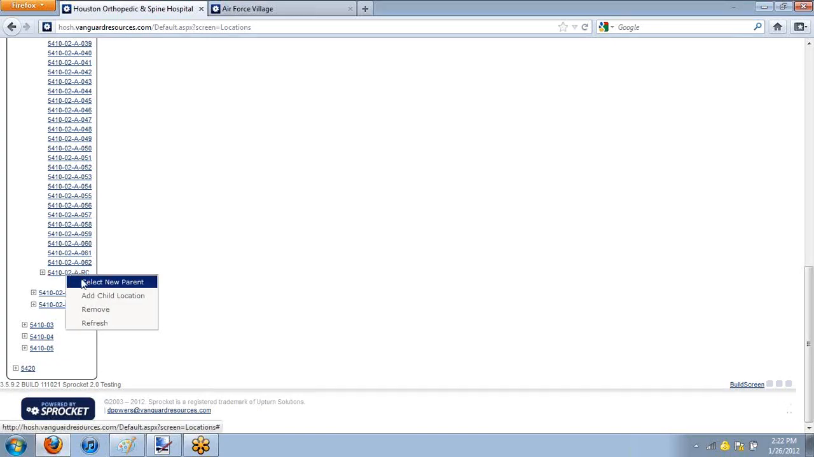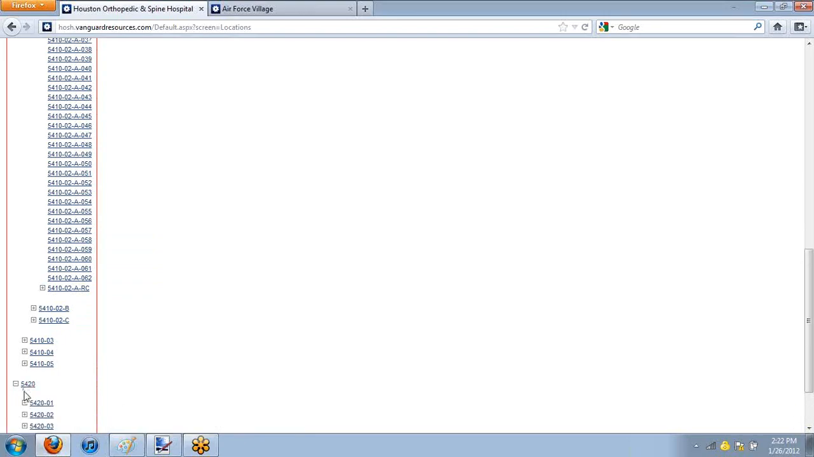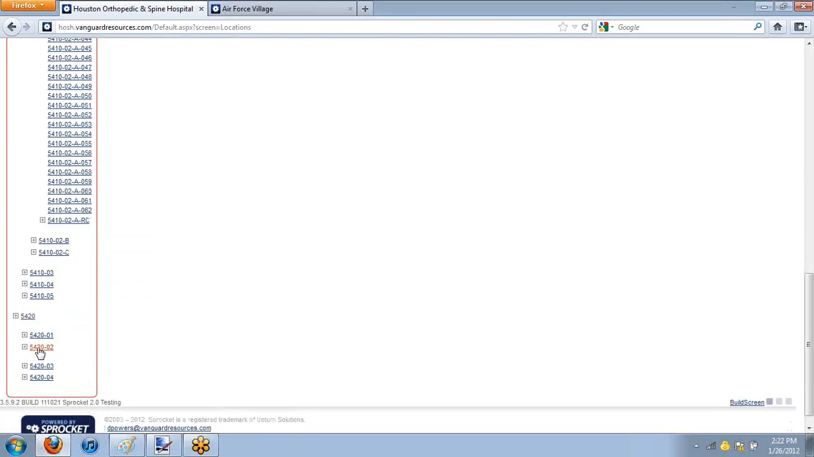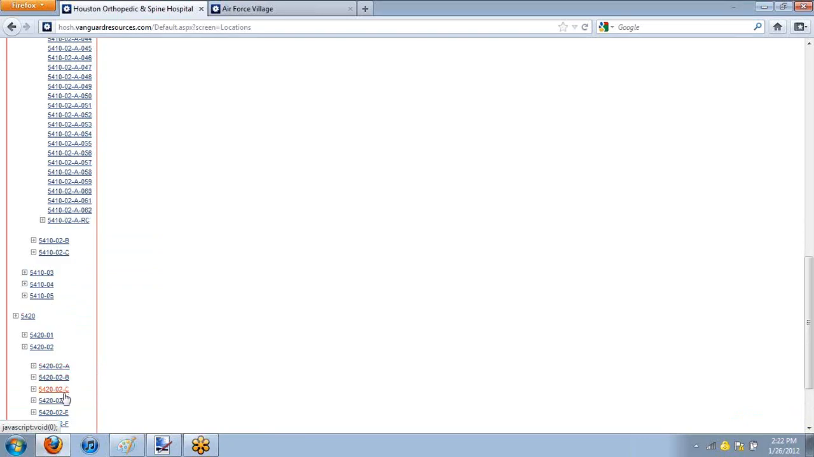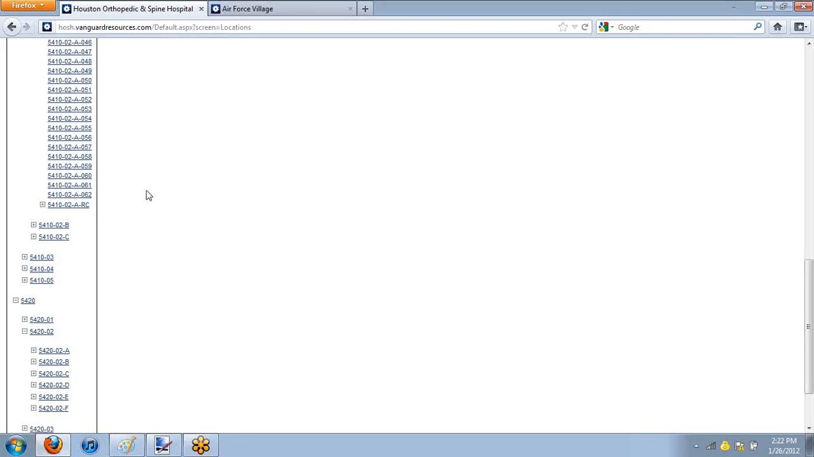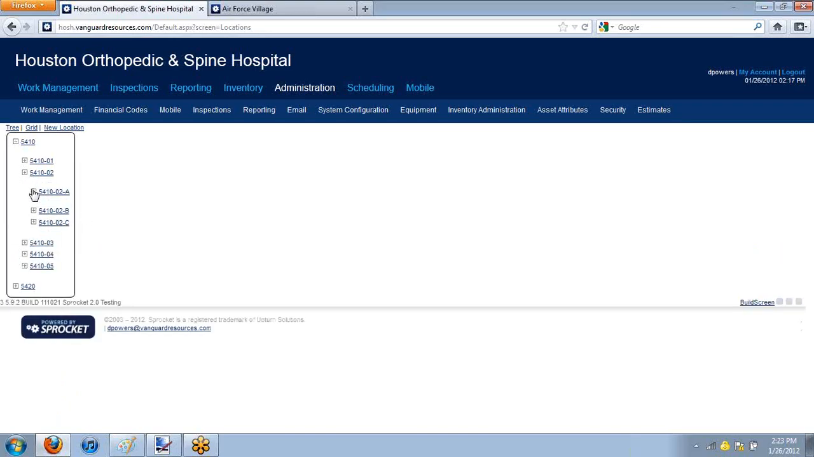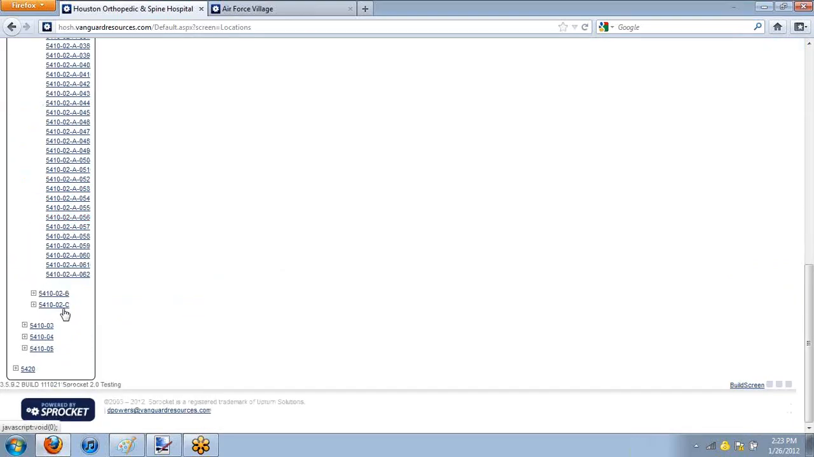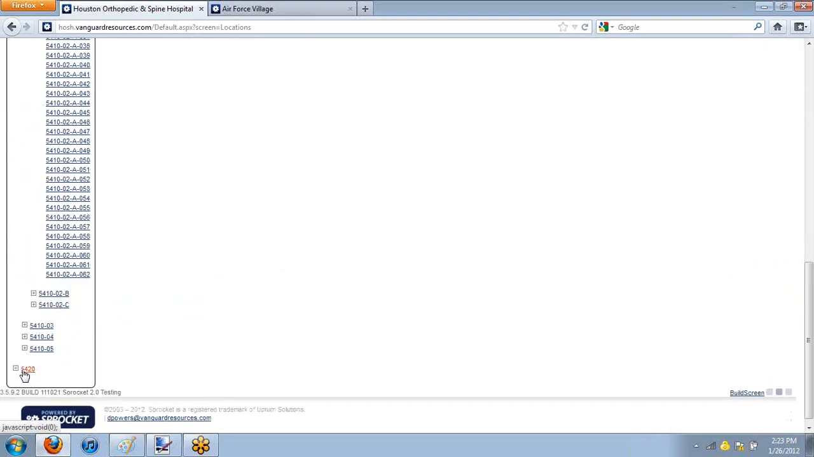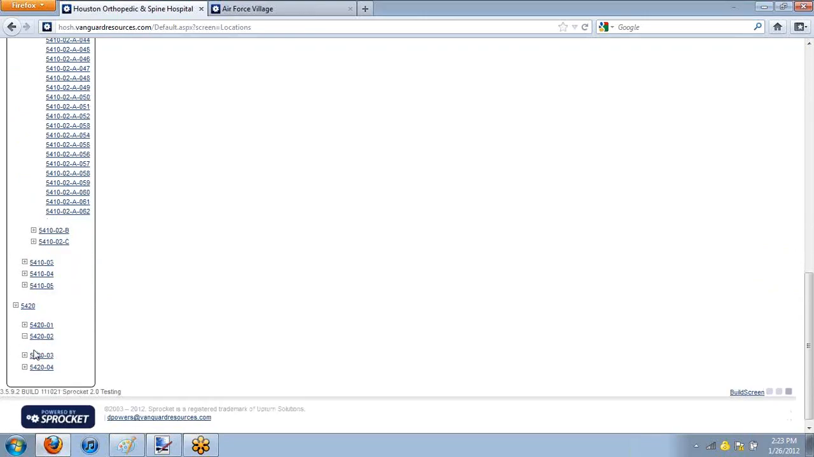So all you have to do is right-click on it and select a new parent, and then you navigate down through 5420 where you want the new location to be. I'm going to put it on the second floor and in area B. So I'm going to click on the new parent location, and you will see it is no longer in 5410 area 2 or second floor area A. It is gone, and it's now right where I told it to be, under 5420, second floor